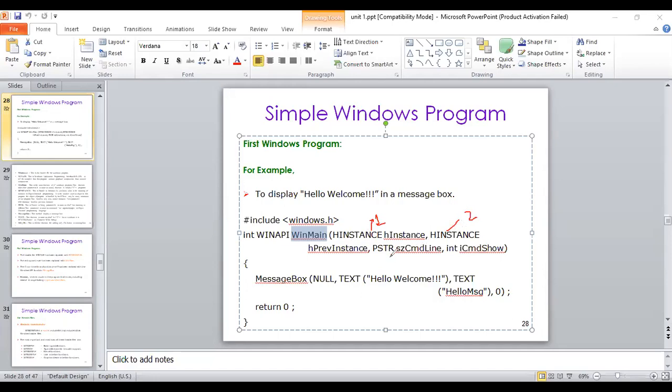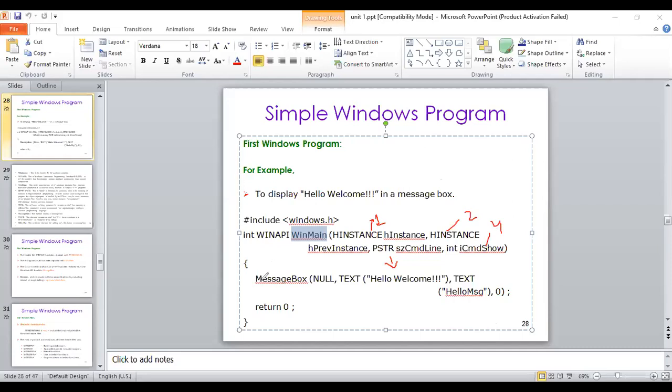The third one is PSTR, which is like a char pointer in C programming, pointing to the character type, but here it takes input as a string. And it is the fourth parameter.